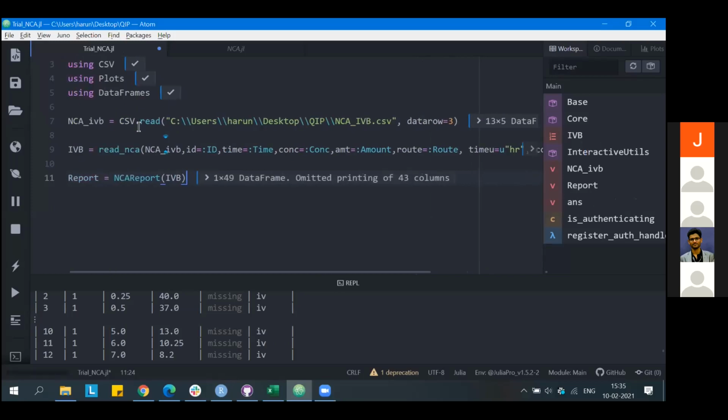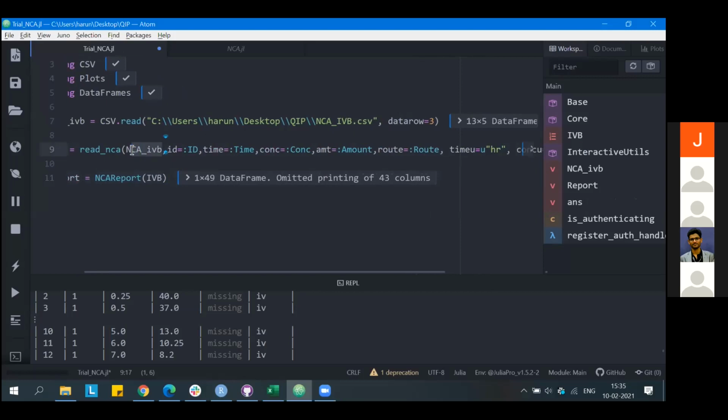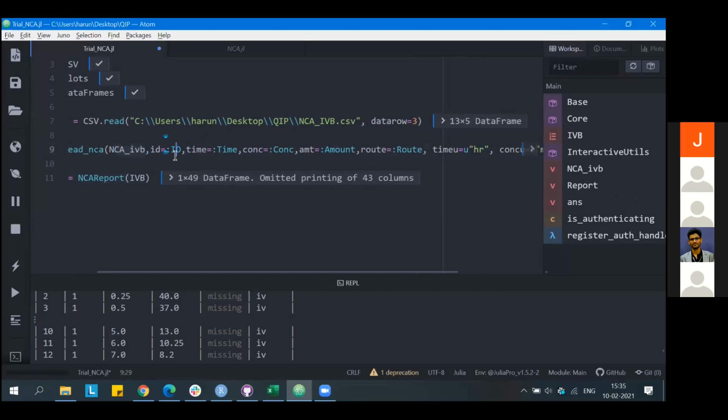Then you'll convert your normal data set or the data frame which you have into an NCA subject or an NCA population using the function read_NCA, where you will map your data frame and its columns to the format that is required in NCA subject, which is ID, time, and these things which are mentioned in white: the ID, time, concentration, amount.